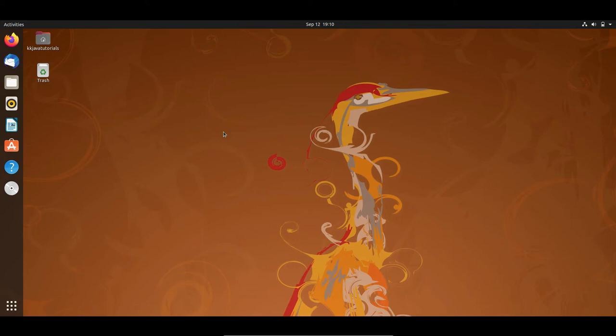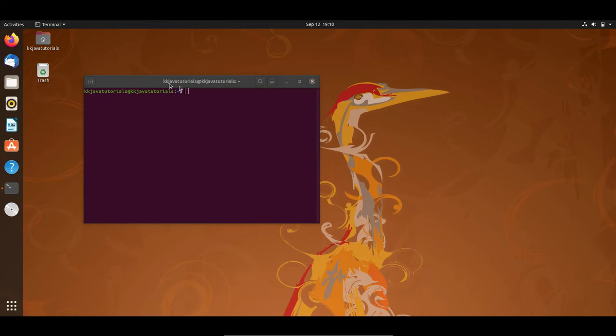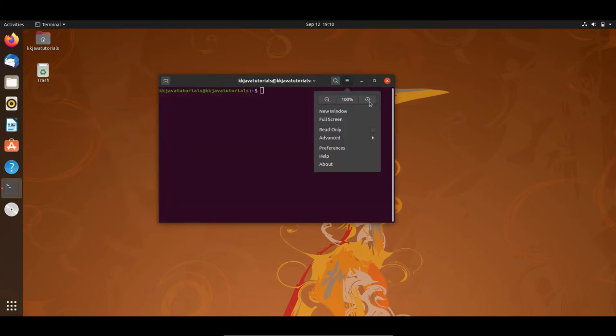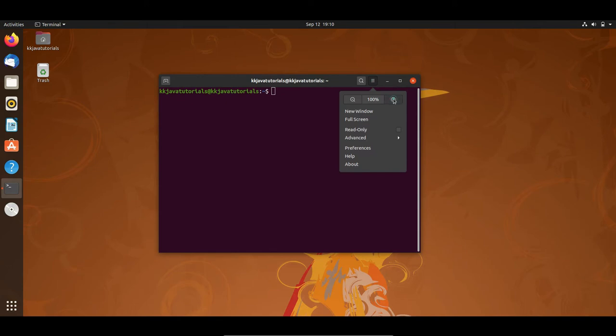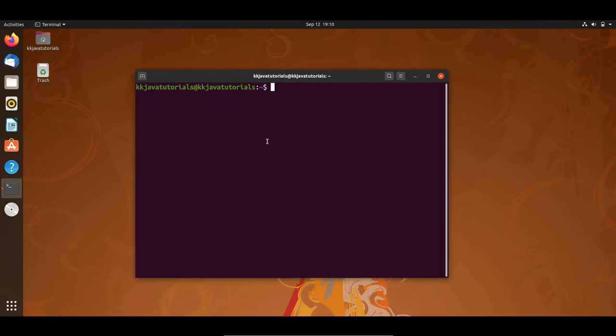First of all, I'm going to open the terminal by pressing Ctrl Alt T. And here you can see the terminal has opened. Now I'm running the ls command to see what files and directories are available in my root directory. To check that, I'm writing ls space forward slash, which represents the root directory. So these are the directories as well as files available in my root directory, right?